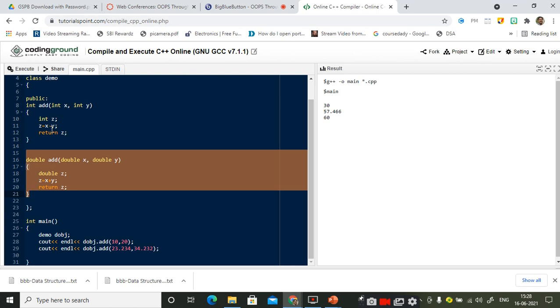Redundancy means repetition. You are going to repeat the same code with some small modifications. So in this type of function overloading, the one disadvantage you may come across is the redundancy, that means the repetition of code. So in order to avoid such repetition, or in order to make use of the same code repeatedly, for reusability of the code, we are going to implement a generic program. What do you mean by generic program? What do you understand by the term generic program?